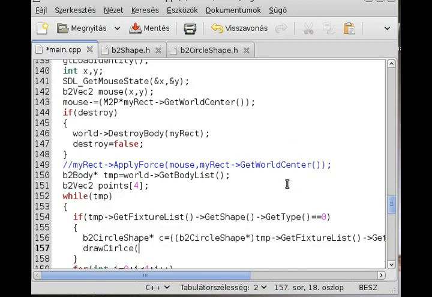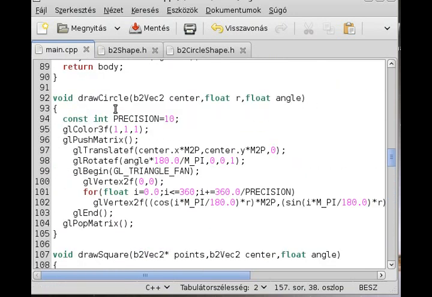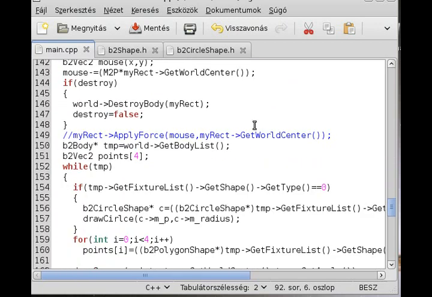Okay, so we will use the draw circle function, and the draw circle function will wait for the center point, which is C m underscore p. Okay, it's waiting for the radius, which is C and m underscore radius, and this is the 2 parameter which the get circle will wait, if I remember correctly. Draw circle wait, oh no, the angle, of course, the angle. Let me put the angle as well. So C, and actually no, this is tmp get angle,